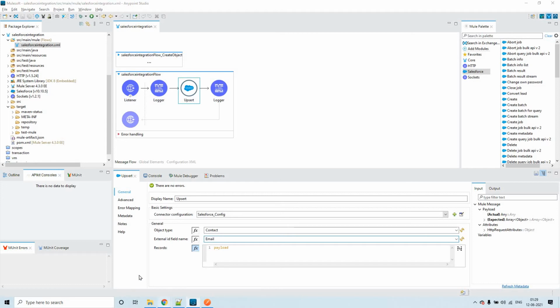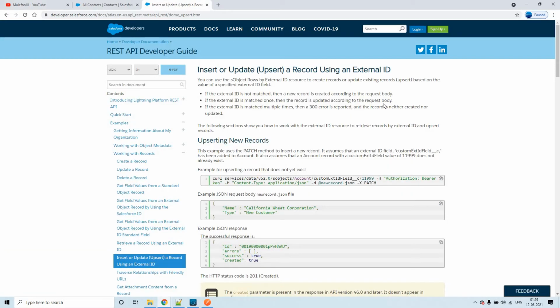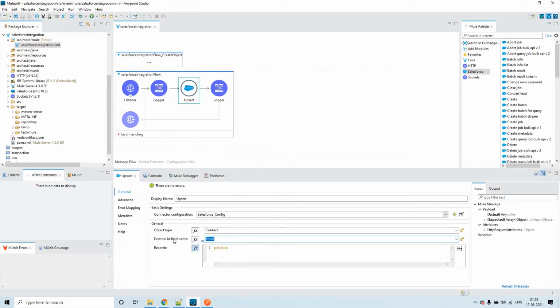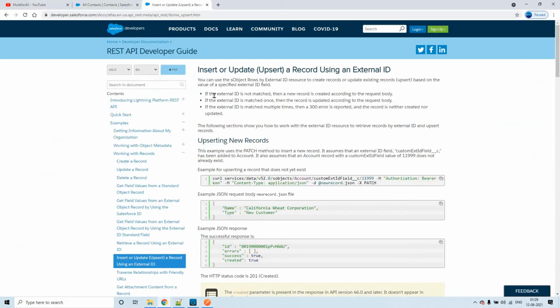Also, let us go through this. In the Salesforce documentation, it is very clear that if the external ID is not matched, then a new record is created according to the request body. If it is matched, then it will be updated.